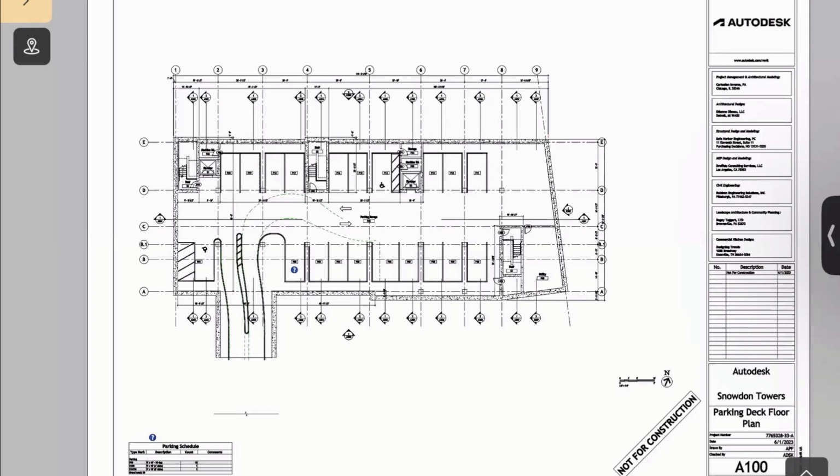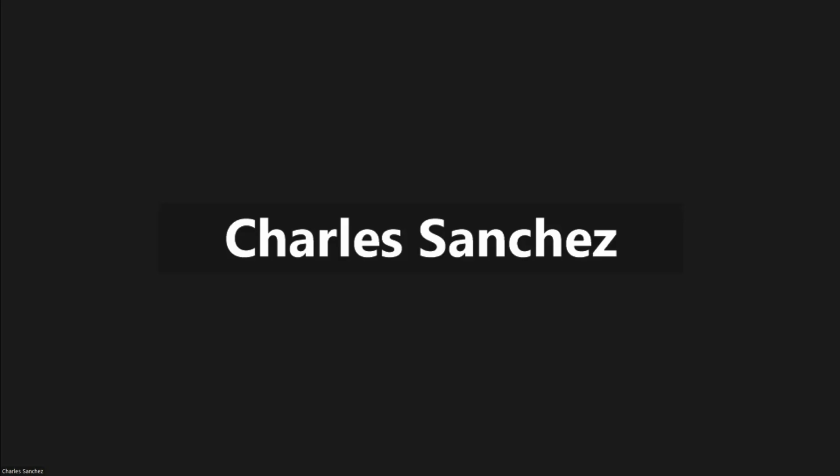So for those who were present in the previous session where I described how to navigate these drawings and do markups, you're going to see here, I can actually review these drawings. I can take measurements. There are certain tools here that I can use to navigate these drawings. I'm going to close it right now. So this is one of the advantages of using the mobile app, that you are going to be able to,